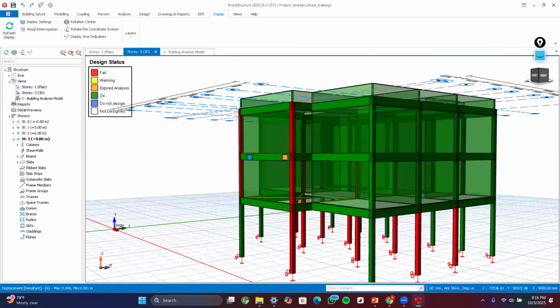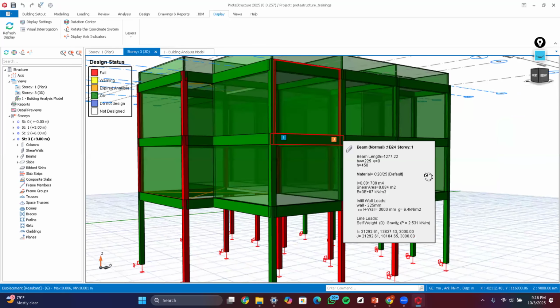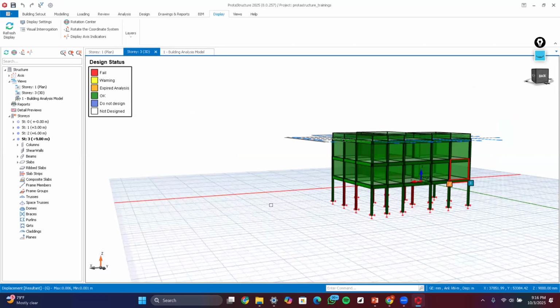You are going to see other members that are green in color, which simply means that they successfully passed the design. But you are going to notice that what failed is most of our columns. Most of our beams actually passed the design. So now we have covered